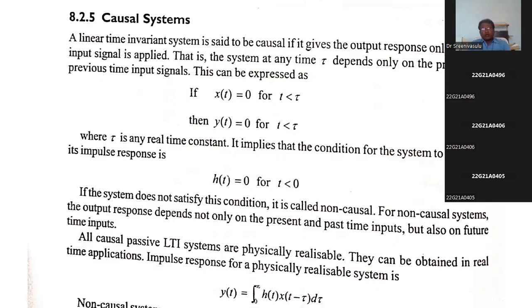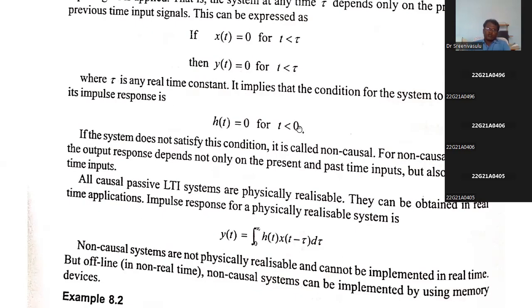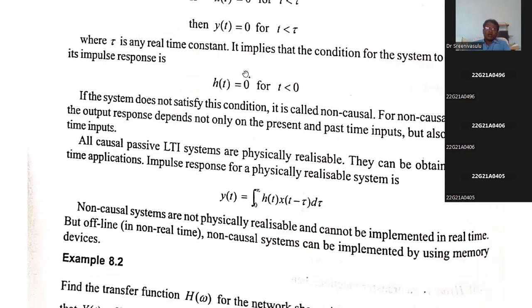Every time in the classroom, causality means that the present output of the system always depends upon the present input and past inputs. It does not depend upon future values. My point is that the explanation differs from author to author, but it is always based on the impulse response. If we consider an LTI system,